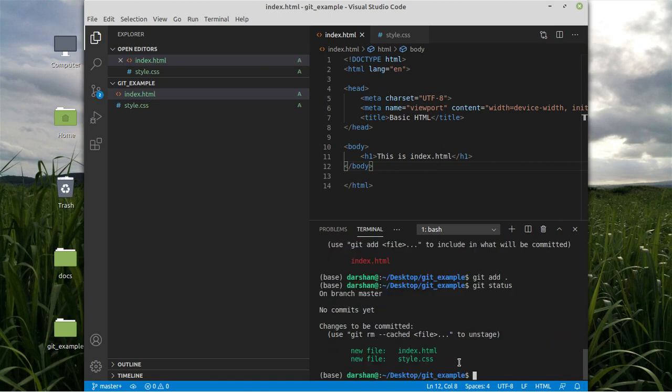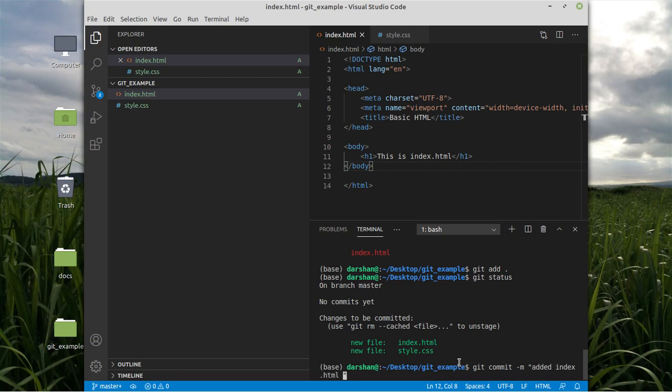So now we are going to make our initial commit. That will be made by git commit -m. -m is your message, and each commit should have a descriptive message. Remember it, because if you don't give a descriptive message, you would mess it up later. If you just name your commits anything, then you won't know what changes you have made in them. So now, if I have added index.html and style.css, I'll say added